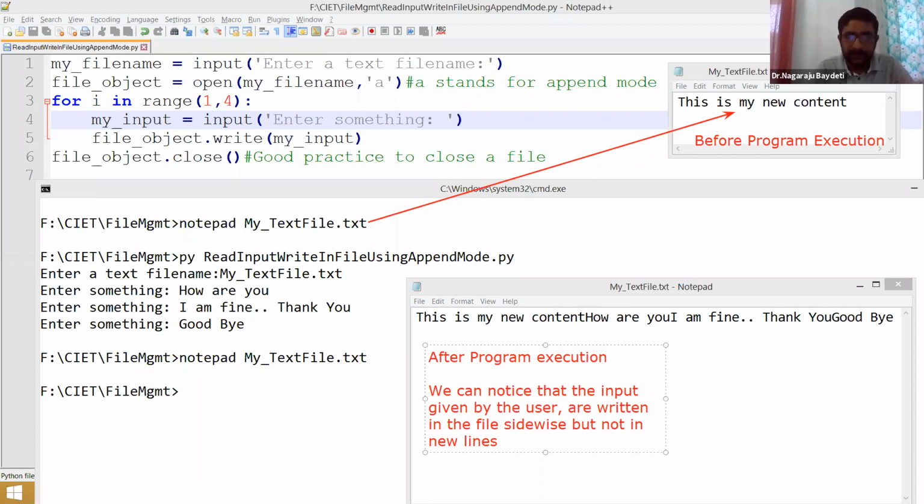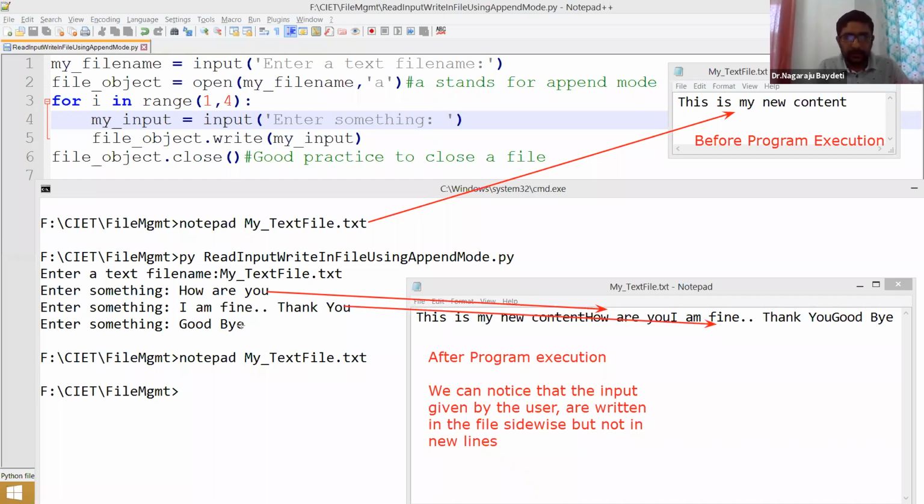Are you able to understand what I'm saying? Okay. So that also I will tell, how to write in a new line. Tell me if you have any doubt on this particular concept. How are you is written. I am fine, thank you is also written.